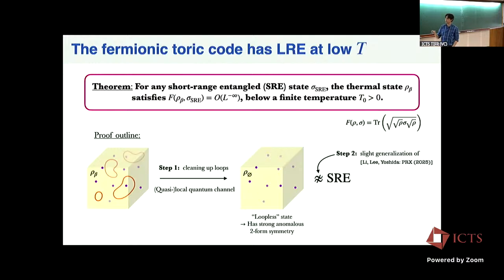And that follows from a similar type of argument to the one I showed before: I have these things that braid non-trivially, and that's inconsistent with being short-range entangled. And then you have to argue that if this new state you get after removing all the loops is long-range entangled, then the state you started with also has to be long-range entangled. A key point is that this process that gets rid of the loops has to be local, that you can do some local operation that gets rid of the loops, and that requires the loops to be small. You're really using the fact that the loops are small, so you can locally remove them without changing the long-range structure of correlation.